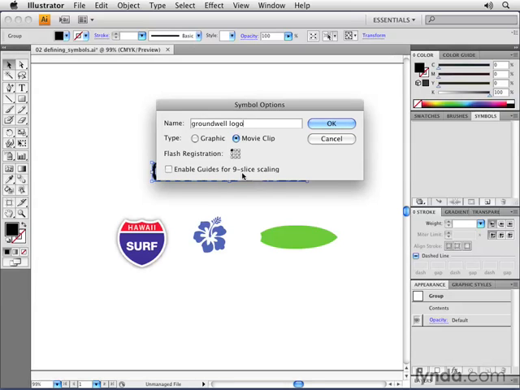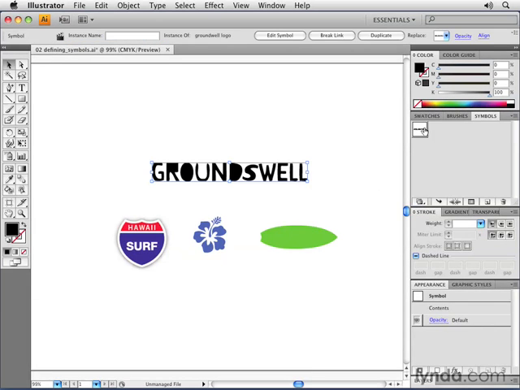But for this case here, since we're staying inside of Illustrator, these settings really mean nothing at all inside of Illustrator. You can choose any of them. It makes no difference. These settings, again, only come into play once the symbol has been imported into Flash. So I'm going to go ahead and click OK, and now I've just defined a symbol,